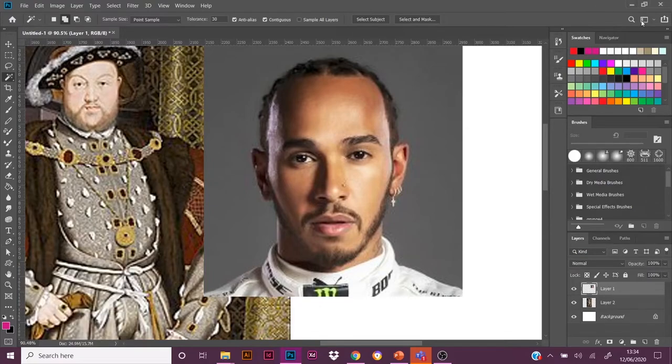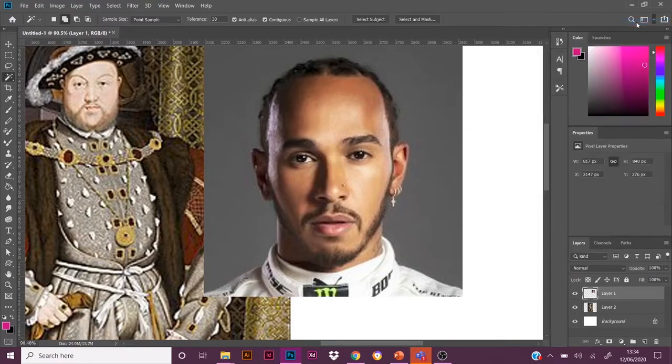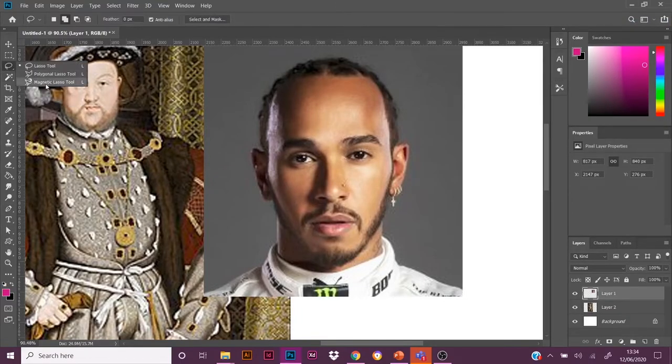Right, we should really be using the pen tool, but before we do, I just want to show you one more that you may find helpful. Excuse me. It's the magnetic lasso tool. Magnetic lasso tries to stick to the closest pixels. If you have a full HD image, this might be of use to you. Otherwise,